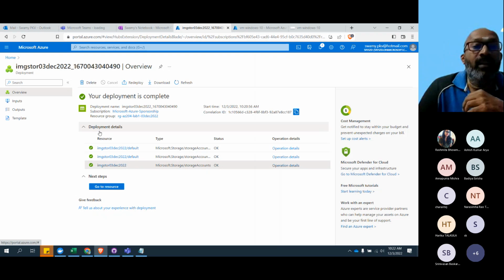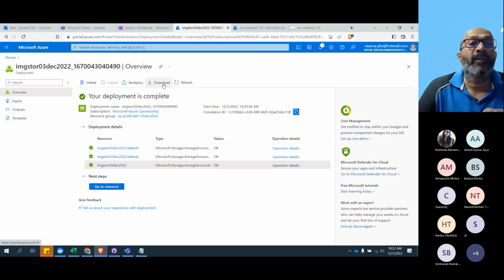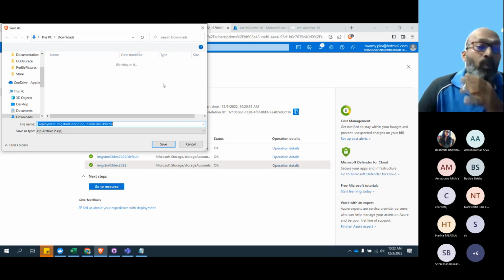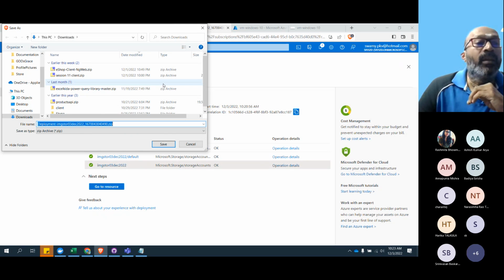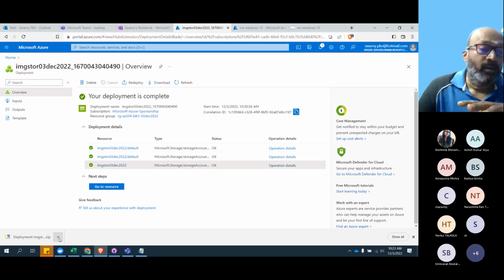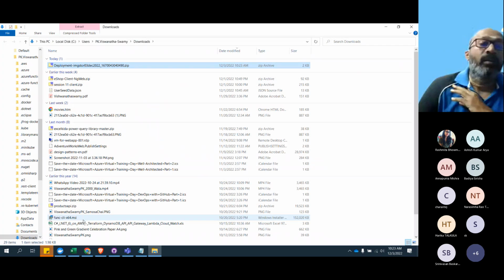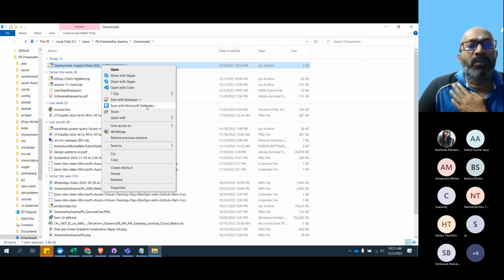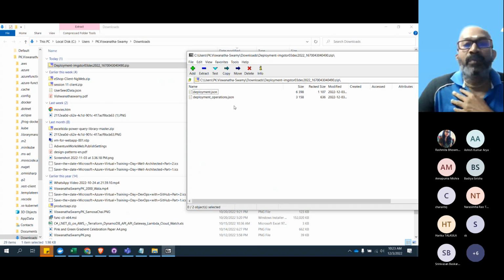And another important thing is you can download it. Once you download this, what will you gain? You will gain what it is deploying. A lot of people are scared to work with ARM templates and other things. You don't need to worry that much because it is very easy.